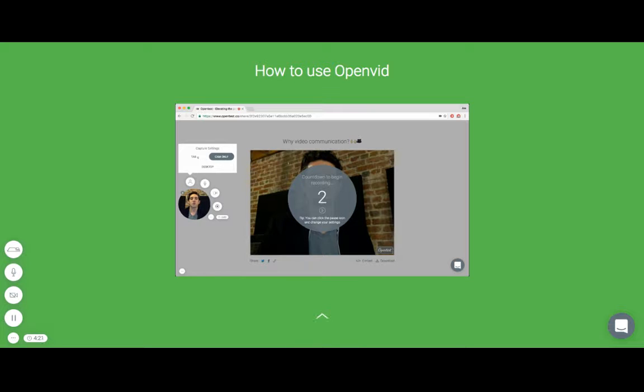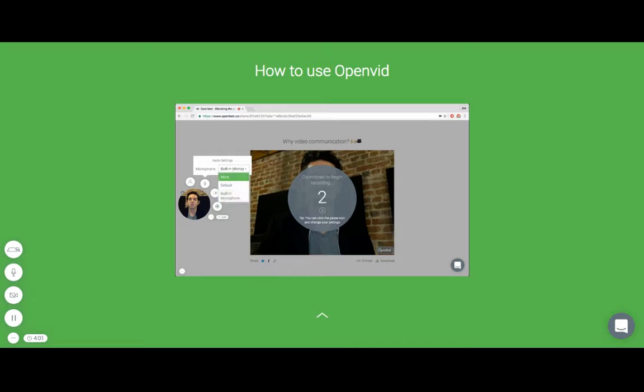Tab is going to record the one active tab that you began the recording on. And then desktop is going to allow you to switch from tab to tab. You can record the entire desktop. You can switch from applications. You don't have to be in Chrome. There's a lot of cool stuff that goes on there. So go ahead and play around with that.